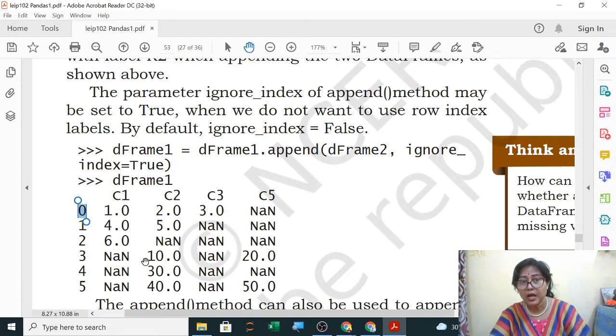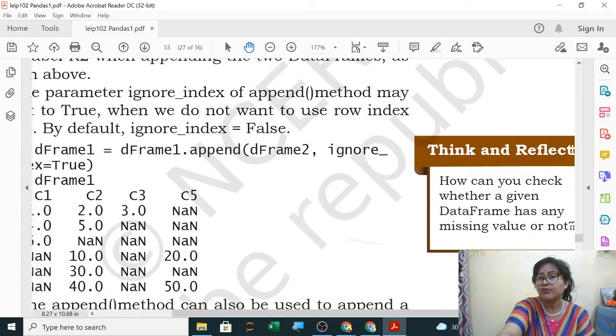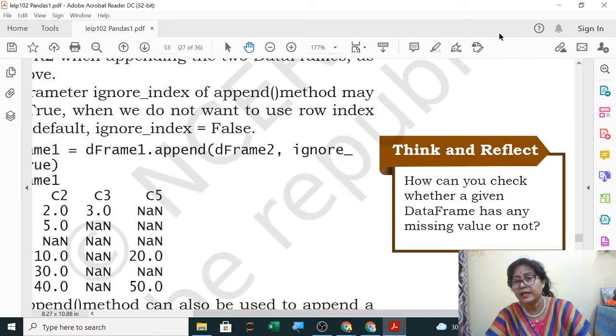R2 and R2 were having duplicate values of C2. One was 5 and the next was 30. So while doing the analysis work, it will show an error. So if you write ignore index equals to true, it will ignore the index and give its own index 0, 1, 2, 3, 4, 5. Now you will not have duplicates.